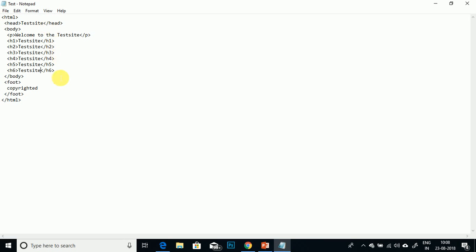So you have learned about these tags. In a later video I will cover the other tags. There are many other tags like the anchor tag and the image tag, and there are many attributes too. In the first episode I told you that to design an HTML page you use CSS, but you can design in HTML too. You can use attributes or the style tag to design an HTML page, but I will tell you later why CSS is used separately.